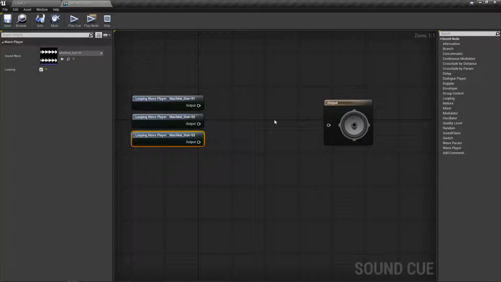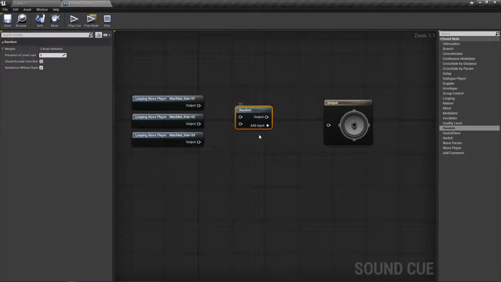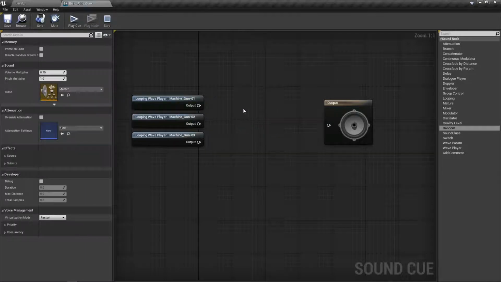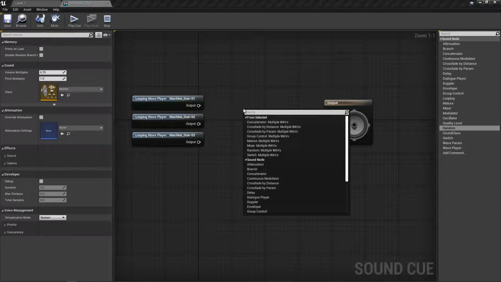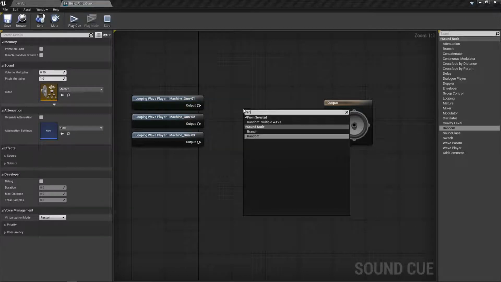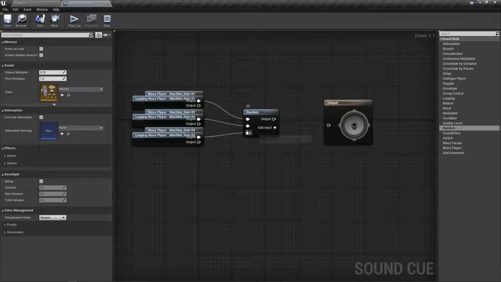So pretty simple. We can either right click here, or we can also click and drag and pull in random over here. And that is not the random I wanted. Actually, that would have worked. That's all right. So I'm going to right click and type in random. And I want random multiple waves anyway. So random multiple waves, and it already did the work for me, except